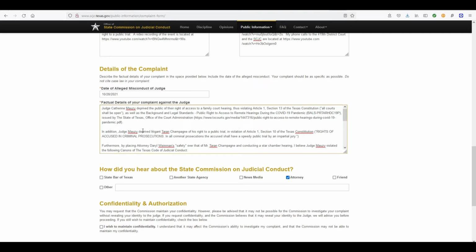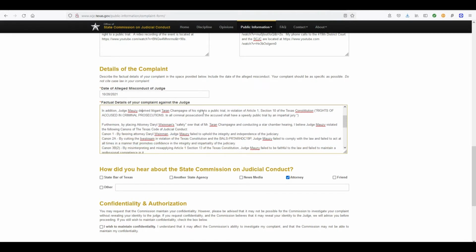In addition, Judge Mauzy deprived litigant Taran Champagne of his right to a public trial in violation of Article 1, Section 10 of the Texas Constitution. And once again, quoting from the Texas Constitution, I must have misspelled it, rights of accused in criminal prosecutions. In all criminal prosecutions, the accused shall have a speedy public trial by an impartial jury. Now, Mr. Champagne was not